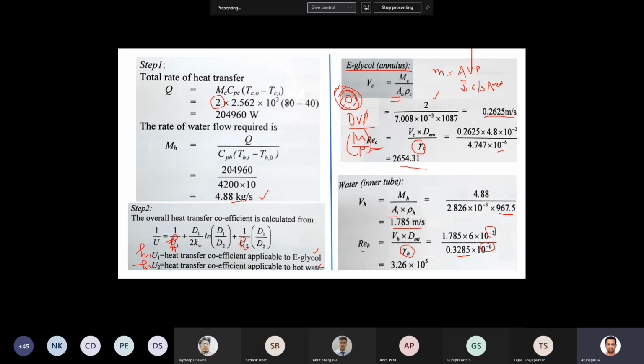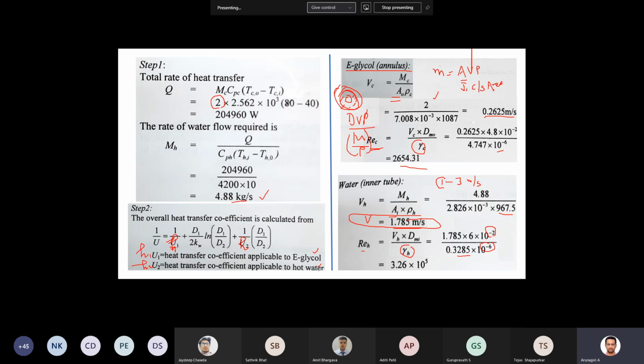So when you solve the problem, you will understand what is the range of these values. Okay, what should be the velocity. Here this is almost in the range. Sometimes the velocity comes very low. In this case the water velocity is 1.785 meters per second. In general, the permissible water velocity inside the tubes would be around 1 to 3 meters per second. Some books may refer to 1.5 to 3 meters per second.